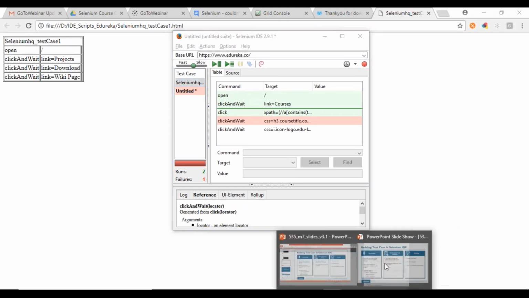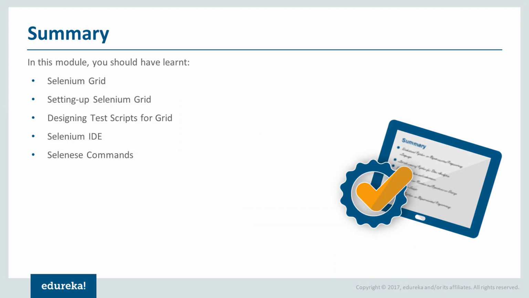So this is what we have learned in today's class. To summarize, we have seen how to work with your grid, what is grid, why we use grid, and how to set up your grid on your node and also on your hub, right?